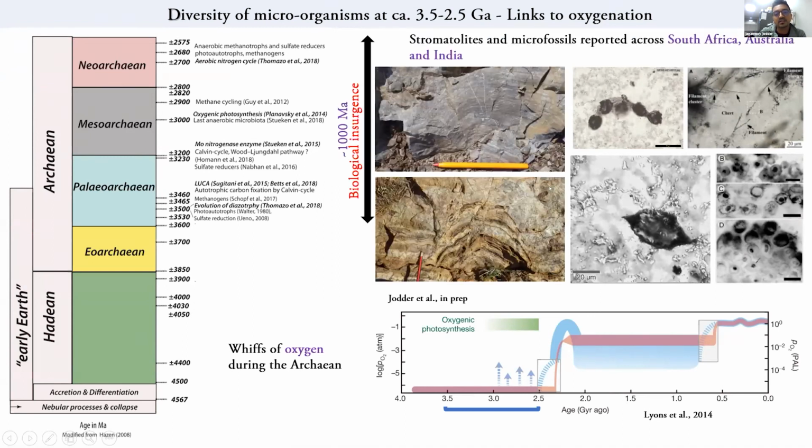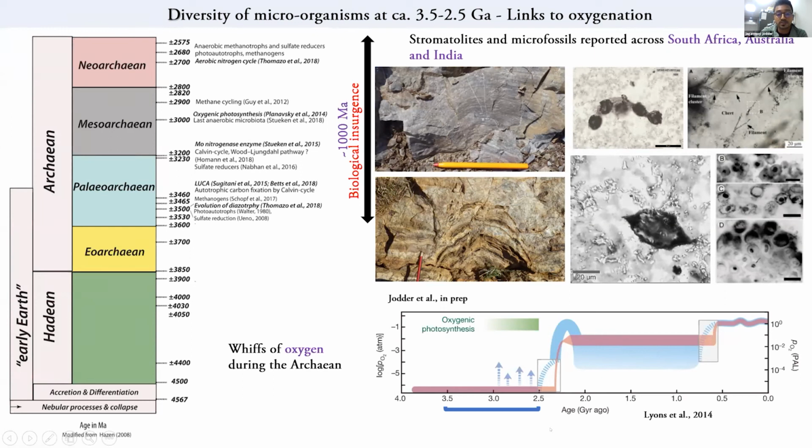But more importantly, the link to oxygenic photosynthesis happened with the advancement of cyanobacteria. And this cyanobacteria, as we know from the more megascopic structures that we have presented in today's talk, comes from stromatolites. So with that, I would want to say that the Archean is special because we see a huge insurgence of biology. And this insurgence was over close to about 1,000 million years of our ancient record.